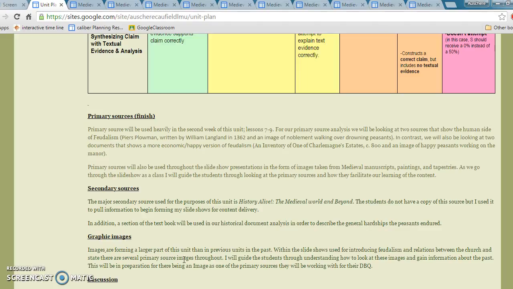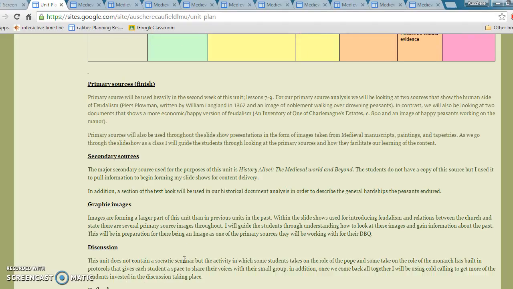And then the next day, we'll be looking at two documents that show a more economic, happy version of feudalism. So just a really detailed inventory of one of the estates that shows just everything that's on it. And then an image of happy peasants working in a really bright manner, so showing just kind of a different side. Primary sources will also be used throughout slideshow presentations and images taken from medieval manuscripts, paintings, tapestries, and we'll